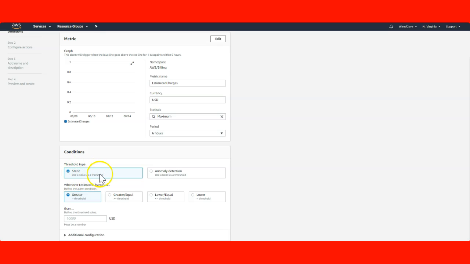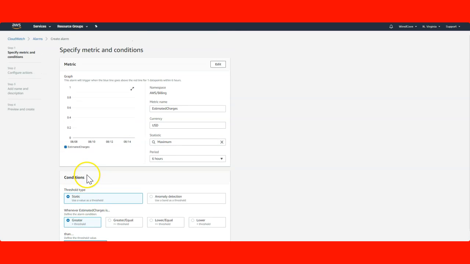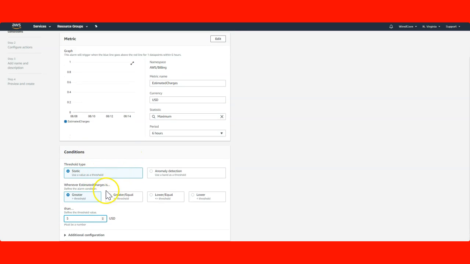I'm going to use the static value, and greater than. Let's say my monthly budget is just 5 USD, so whenever the estimated charge is greater than $5, that's how it's going to invoke this billing alarm. You will get this billing alarm on a daily basis, but that's my budget.